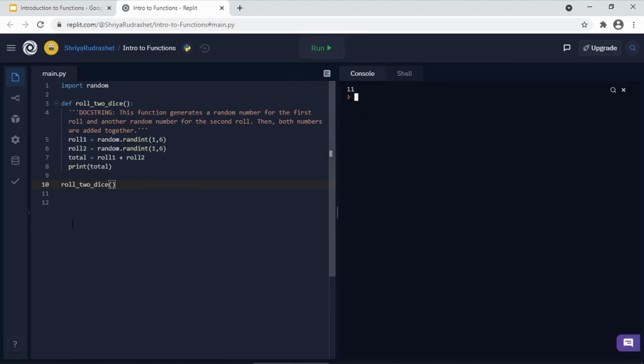And the reason why this works is because if you recall, we called our function here, so we called roll2dice. So the code's going to go back and look at that roll2dice function, and it's going to do all the tasks that are inside that function. So here it's going to generate those two numbers, and it's going to add them up and print them out. So that's what's happening here. However, if I were to change this to return,